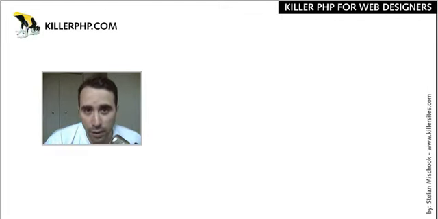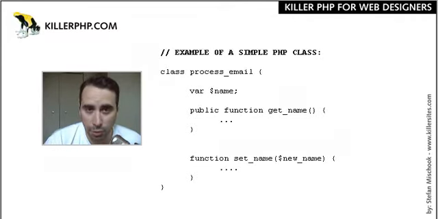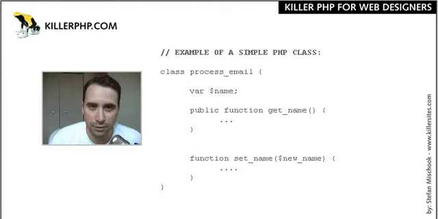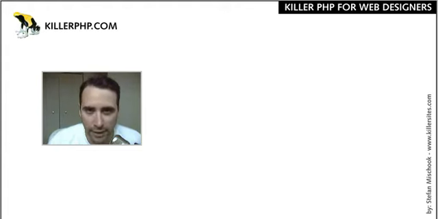So you as a programmer, you would first write the code for a class, and the class basically describes everything about the object that you're going to be running in your program. So you would write a class, let's say you might have a class called process email, and in that class you would stick all your functions, all your variables, and any sort of logic, if statements and so on, inside of this class. And this class then becomes the blueprint for the object itself.